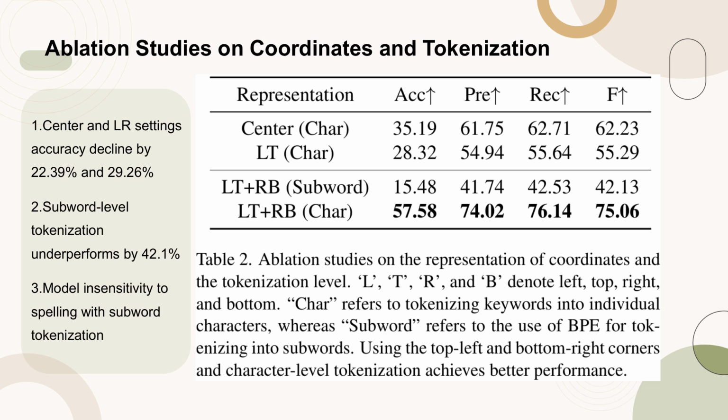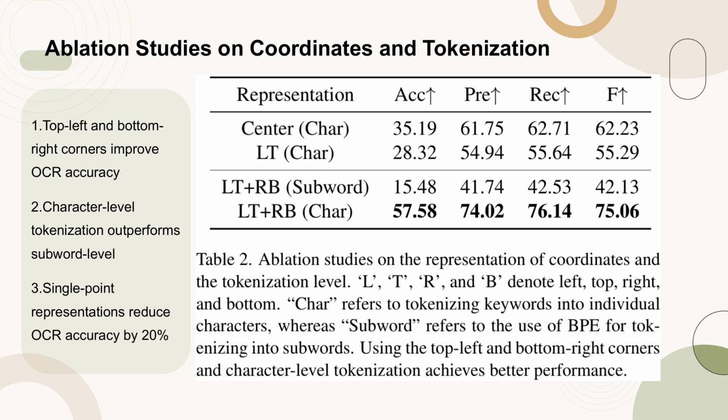process. Table 2 presents the results of ablation studies focusing on the representation of coordinates and the level of tokenization used. The study differentiates between char, which tokenizes keywords into individual characters, and subword, which uses byte pair encoding (BPE) for subword tokenization. The table highlights that using the top left and bottom right corners for representing text lines, combined with character-level tokenization, leads to superior performance in terms of accuracy. Conversely, single-point representations, such as using the center point, result in a significant drop in OCR accuracy, as evidenced by a 20% decline compared to the top left and bottom right setting. This suggests that the choice of coordinate representation and tokenization level has a substantial impact on the model's ability to